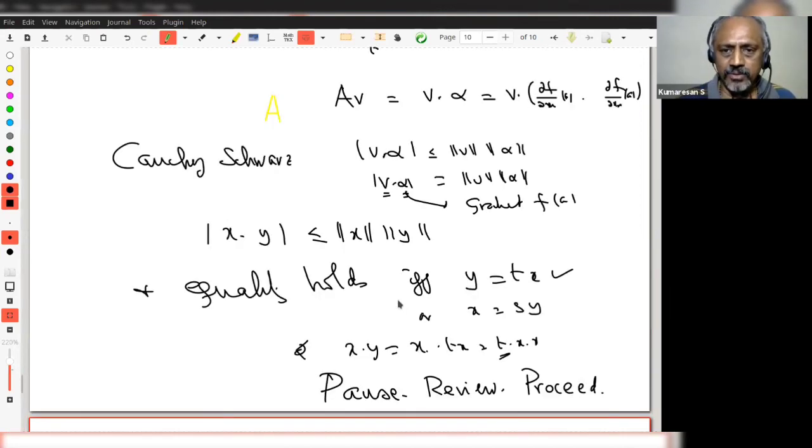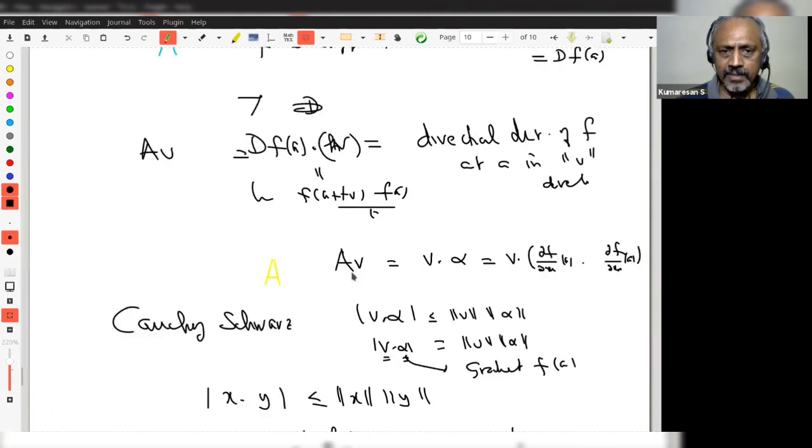Okay. So please go back. Let me go slow, or rather review. What do I want to know? I fixed a point A, and I want to know in which direction f has the steepest rate of change. That's what you call steepest ascent. If you go in the negative direction, it will be descent. It will be going below. Right.